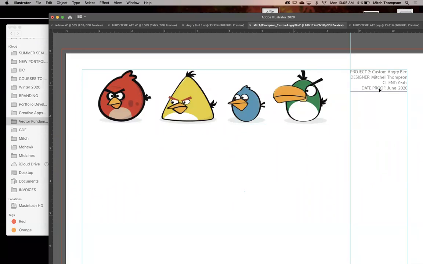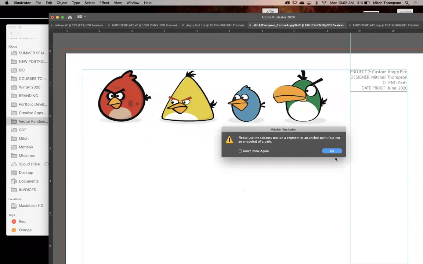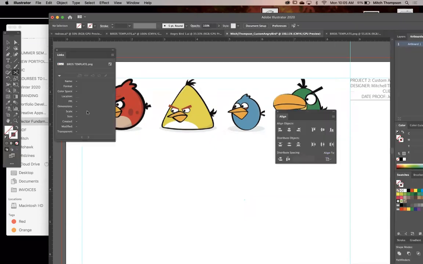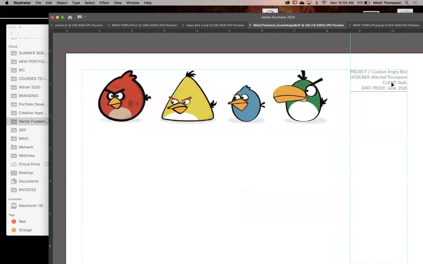Select on the copy, and if you're like, dude, I can't select it, it's locked, perfect. So hit Command. What tool am I even on? I don't know. I'm on scissors for some reason. I must have hit a shortcut key. So whatever tool you're on, remember Command. We do that over and over again. I'm going to utilize this line. I'm going to grab the line and move it over.